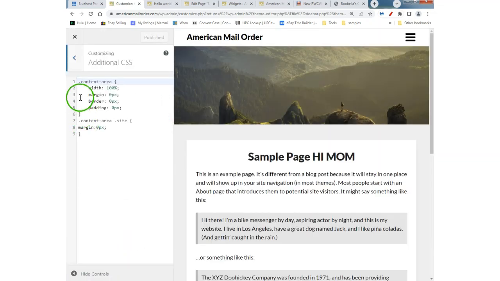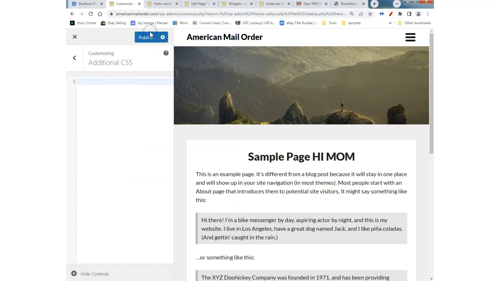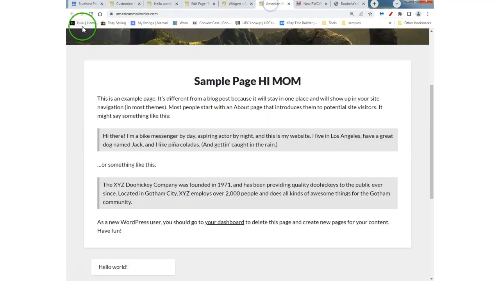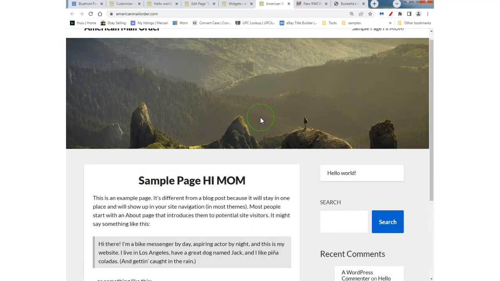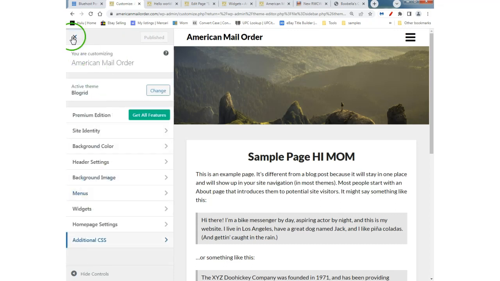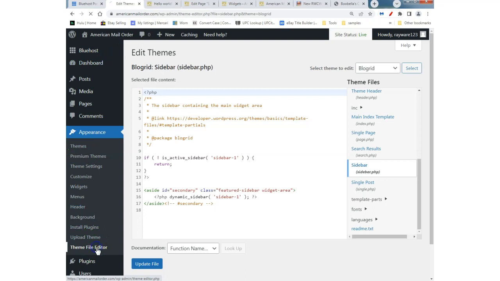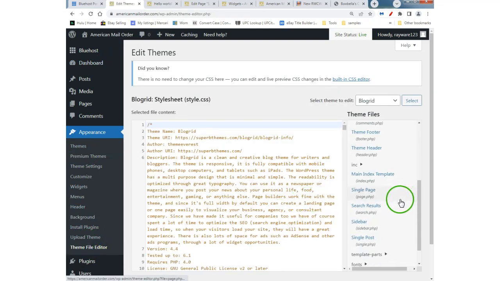Okay, so this CSS, I'm going to snatch this out of here. I'm going to publish it, aka saving it, and it's going to put it back to normal on this side. Now what we want to try and do is go into this code, the theme file editor, right? And let's try and do it with the single page,